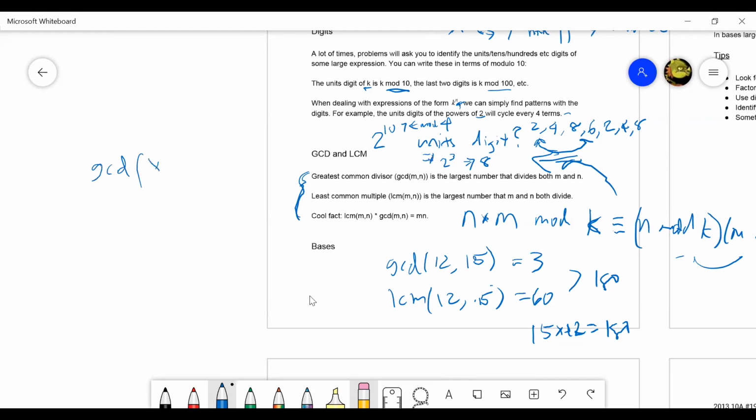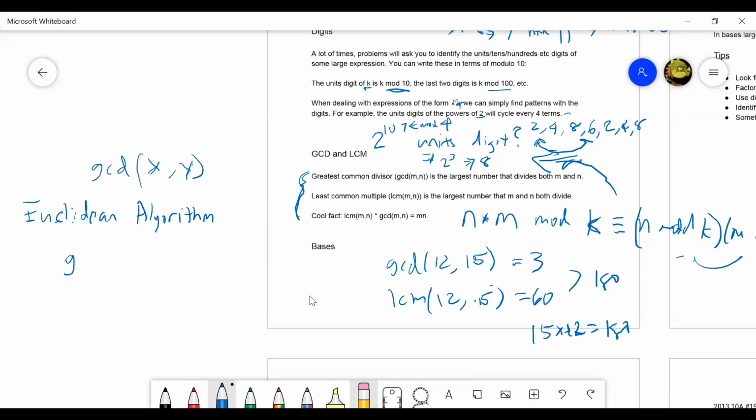So if we have two large numbers, x and y, and you want to find this, we can use something called the Euclidean algorithm. Essentially, if we assume x is greater than y, without loss of generality, it doesn't really matter which one's larger,